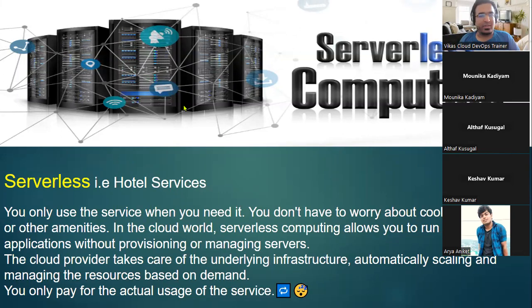Here, they haven't created it. Go to the hotel and order: today I want to eat biryani, today I want to eat matar paneer, whatever it is. Directly go into the cloud and say that I want to use this application. I don't know how much I will consume. So they will say, okay, use the serverless concept. You don't have to worry about CPU, memory, anything. Whatever you use, I will charge you accordingly, just like whatever you eat in the hotel.